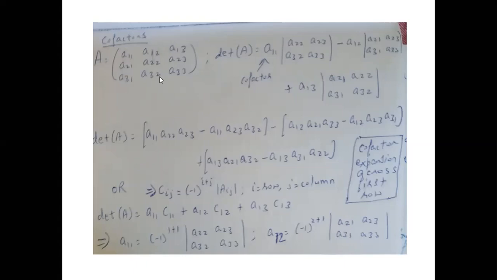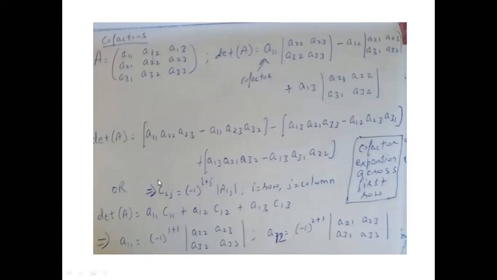Now with these cofactors, we can find the determinant. It is easy to find the determinant because we have split this 3 cross 3 matrix into 2 cross 2 matrices. The determinant here is A22 A33 minus A23 A32, and that is what I have written here. Minus, now the determinant here is A21 A33 minus A23 A31, which I have written here, multiplied with the cofactor. Similarly, the determinant here is multiplied with A13.